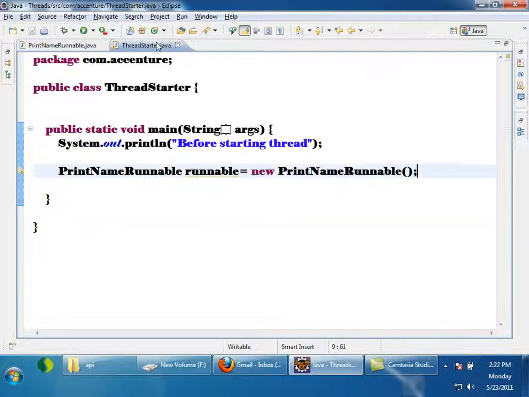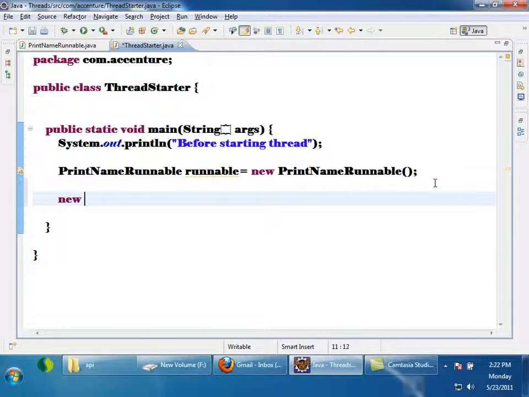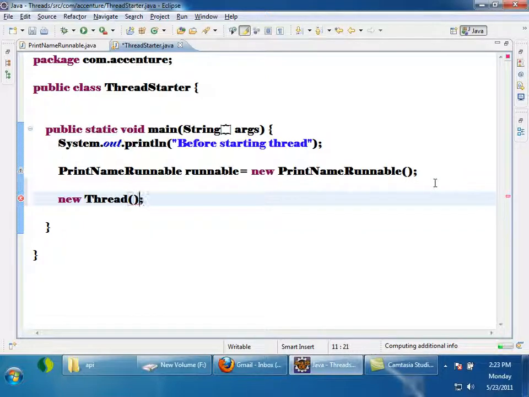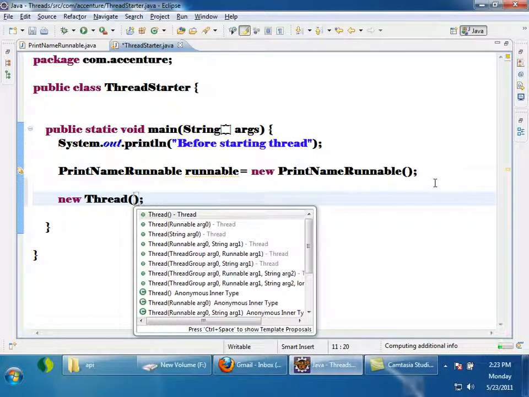Now see what I will do. I am going to create an object of thread class. There is a class called thread, new thread from java.lang. See, this thread is having a lot of constructors. There is one constructor which is taking runnable as parameter, right? Can I pass this object? Because this is taking runnable as parameter, I can pass runnable object here.